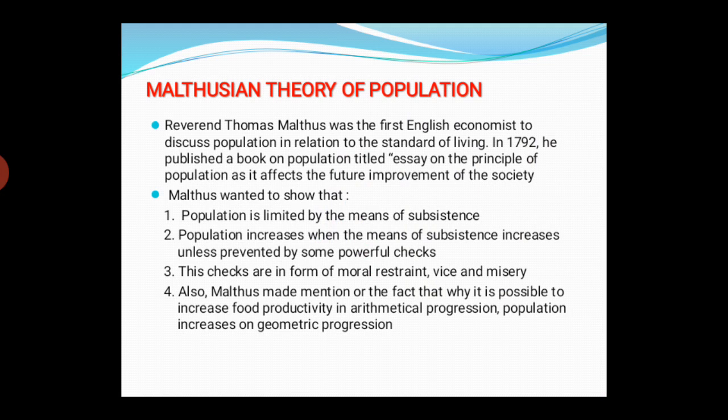And he talked about moral restraints, that is late marriages, restraint on marriages, and restraint by married couples, or vice and miseries. So this will tend to reduce the population size. Number four, Malthus made mention of the fact that it is possible to increase food productivity in arithmetic projection,